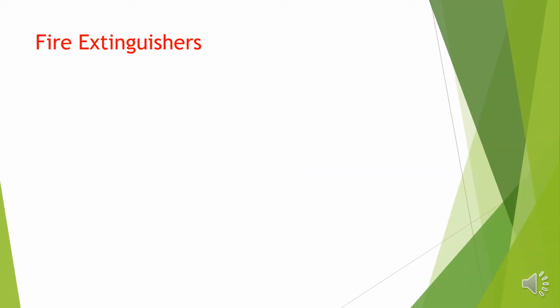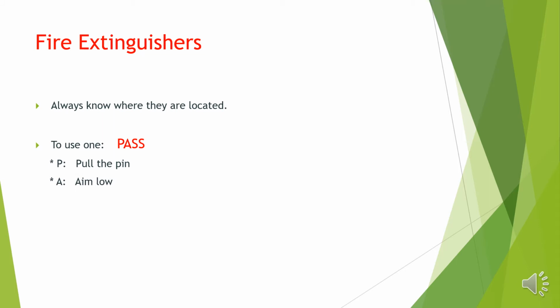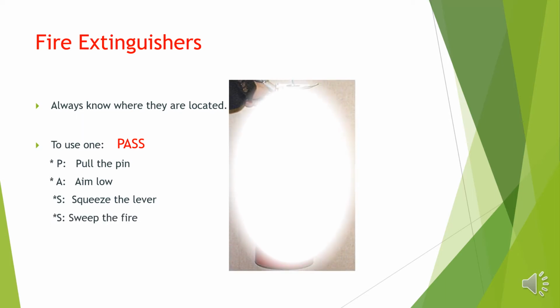The other word is PASS, referring to how to use the fire extinguishers. Number one, P, pull the pin. The pin is the safety of the fire extinguisher. You cannot use it without pulling the pin. A, aim low, means you have to aim at the base of the fire. You can stop the fire from continuing by aiming the suppression material at the base of the fire, not the middle, not the top of the fire. S, squeeze the lever or the plunger so the extinguisher material will go out and stop the fire, and sweep from one side to the other.